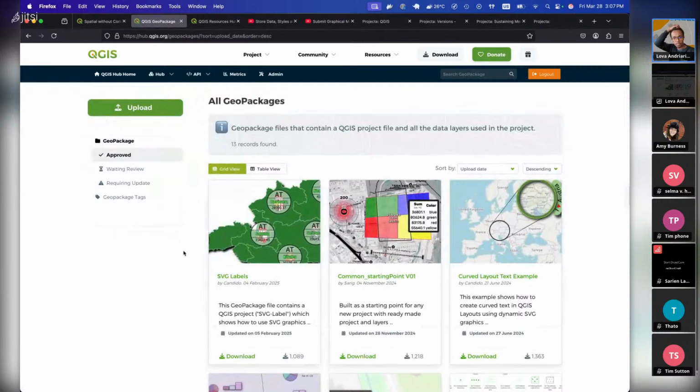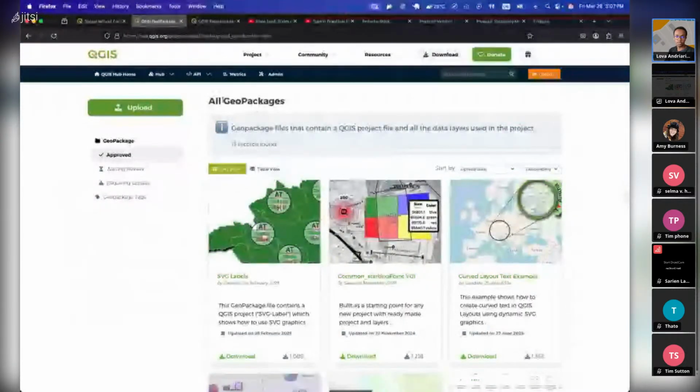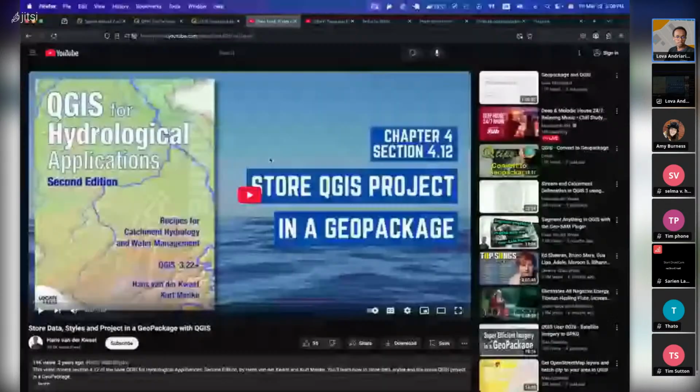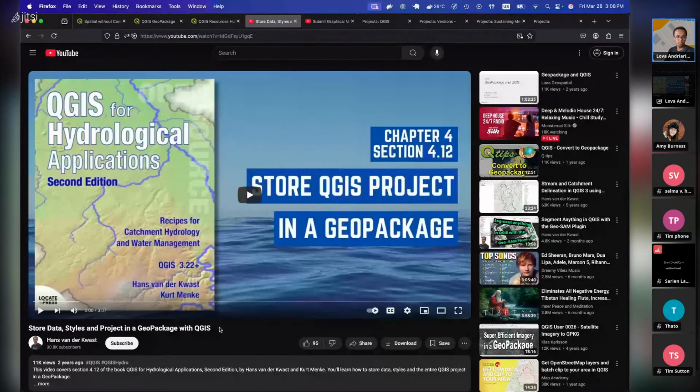The preparation process is quite a bit different. For example, for the projects, which we also call GeoPackage, they are GeoPackage files that contain a QGIS project file and all the data layers used in the QGIS project. For the projects, I'm not going to show you how to prepare them because it's quite a tricky process, but there is already a tutorial available here from Hans that you can follow along to prepare